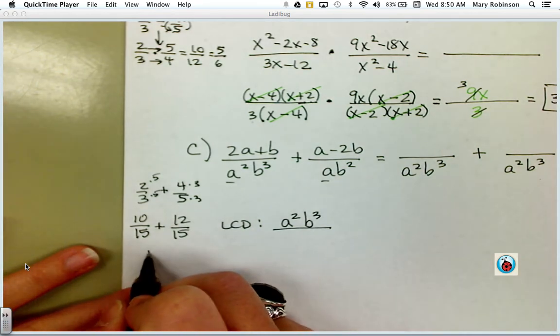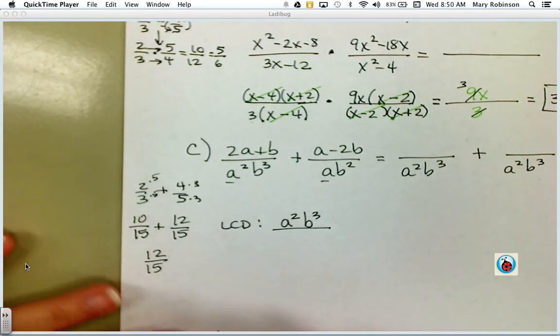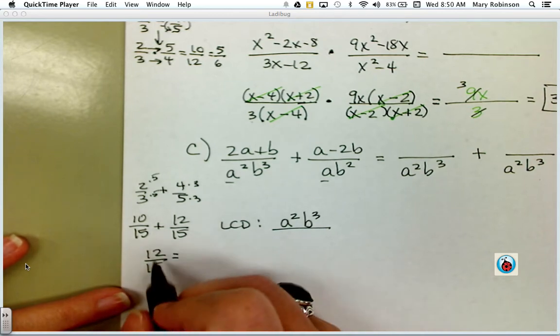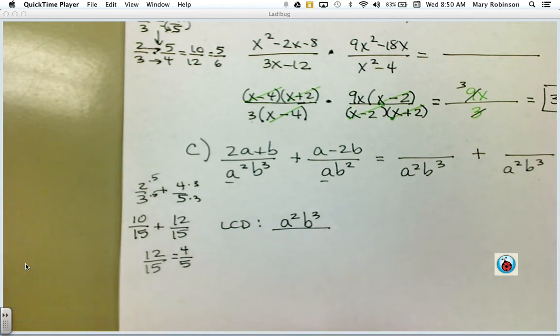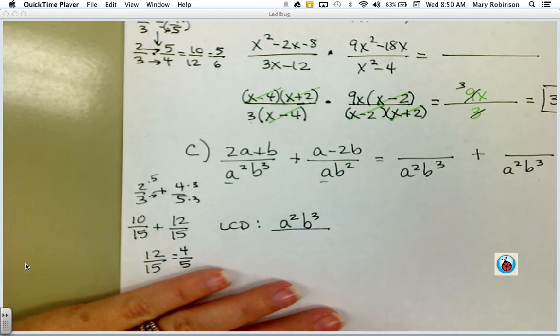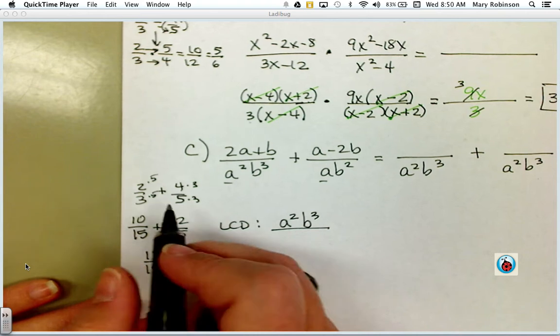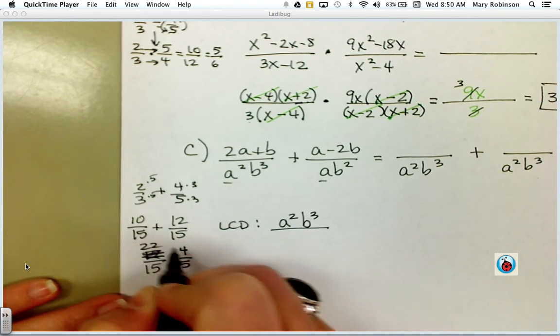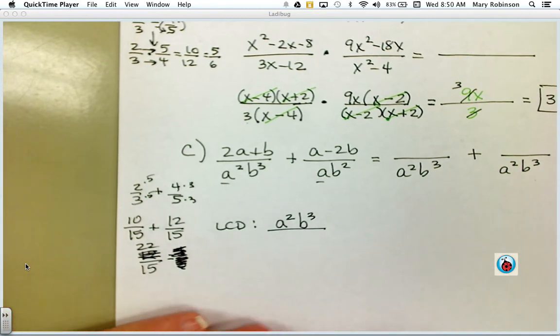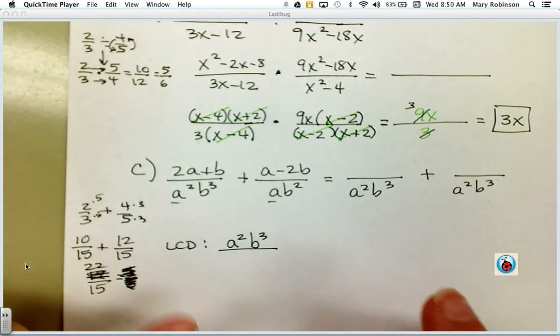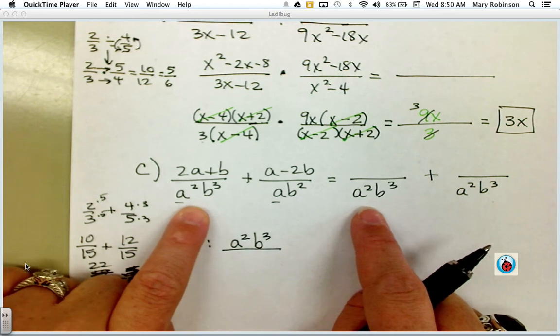Then once we have like denominators, we can just add them and then reduce if possible. So both of these are divisible by 3. So, I apologize, I don't know why I have 12. That was totally 22/15, which would not be reduced. Mistake there, sorry. Alright, so now if we take a look and compare our denominators, we have a squared b